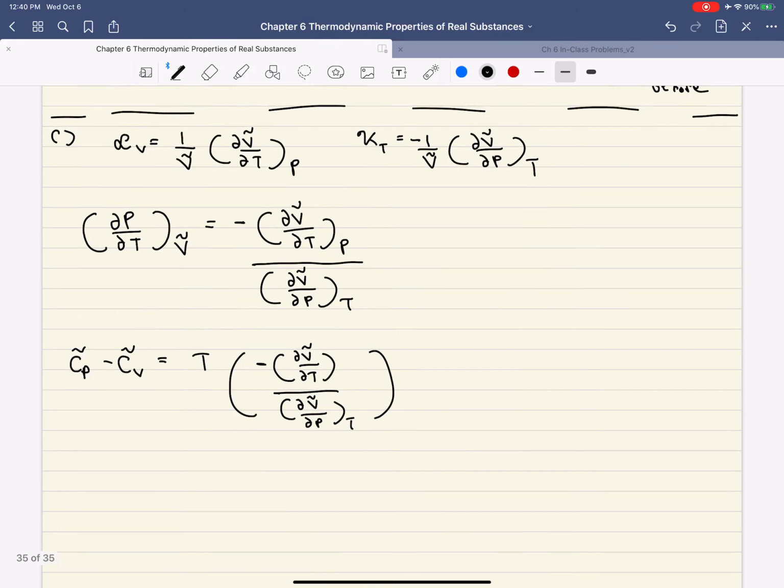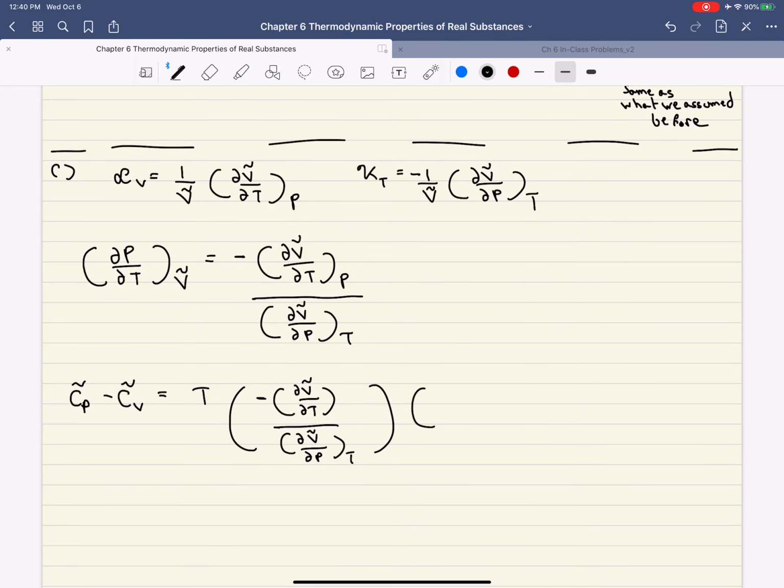And then multiply it by another dv/dt at constant p that was already in the equation. Okay? All right. And if we combine everything, it's a negative squared divided by,